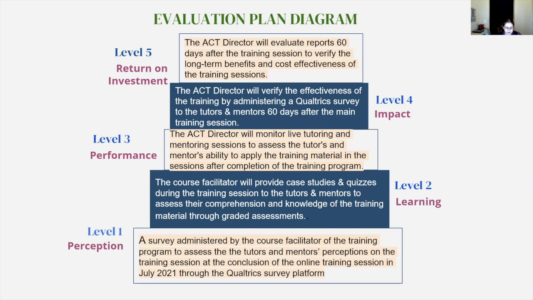Level 5, return on investment. The ACT director will verify the benefits of the training sessions 60 days after the completion of the main training through the usage and degree work reports in Banner Student Management System. The purpose of Level 5 return on investment is to see the long-term intended benefits of the training program, as well as to conduct a cost-benefit analysis to assess the cost effectiveness